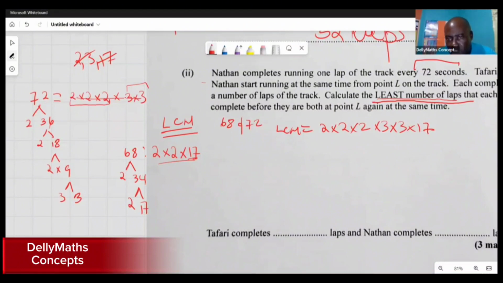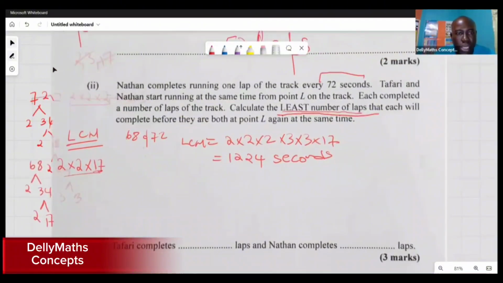And this is telling me that my LCM is 1,224, right? So in other words, this is the actual amount of seconds that both of them will be running when they will pass each other at L again. How many laps are they doing at this time? Well, we could simply work it out. For Tafari, what we need to look at now is,